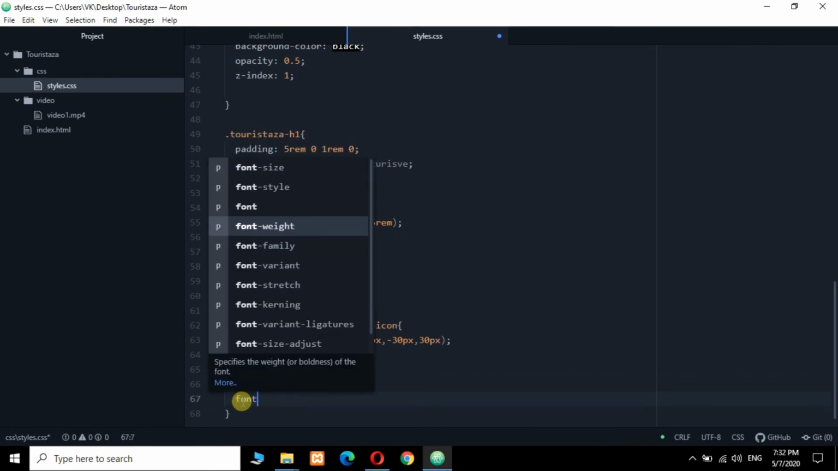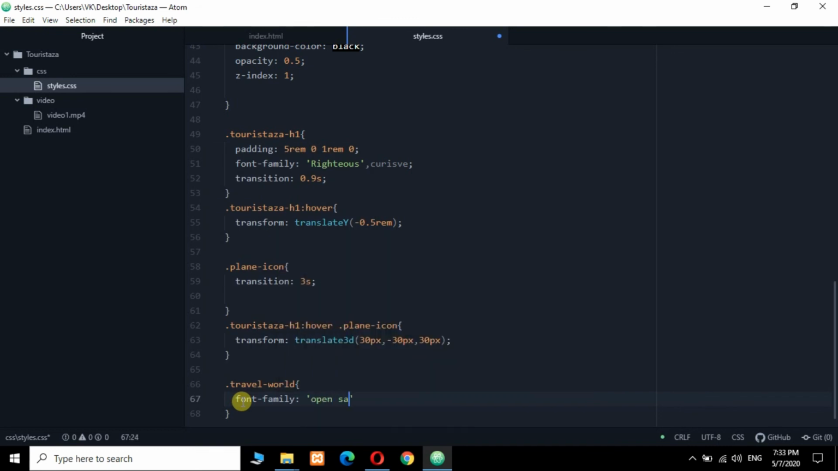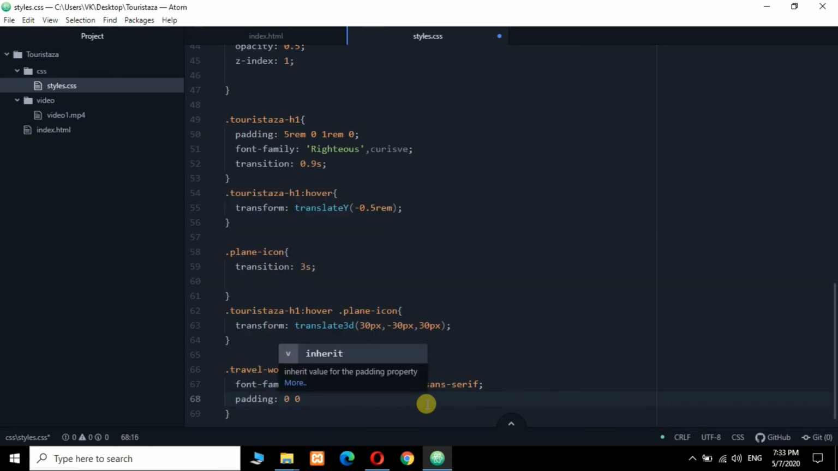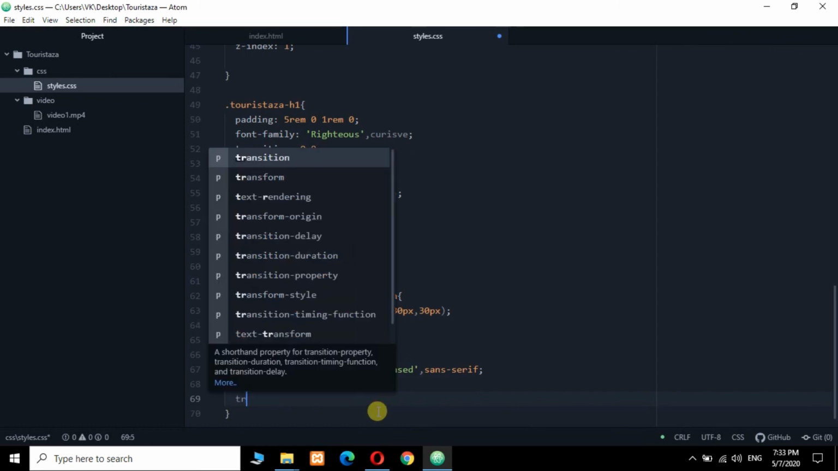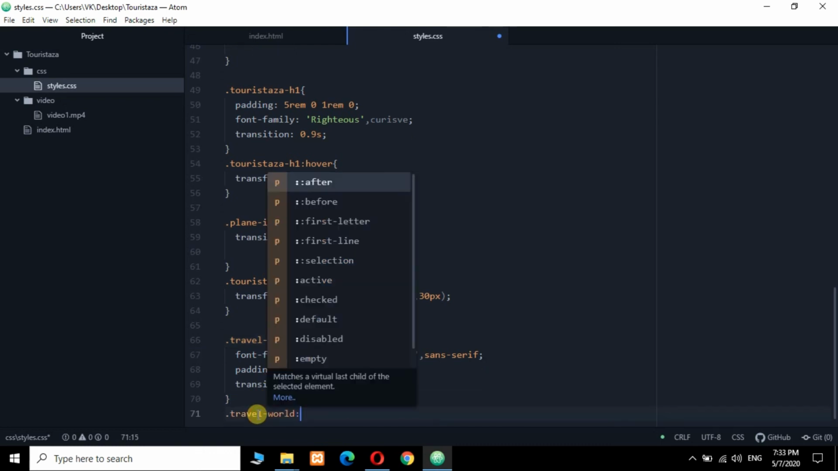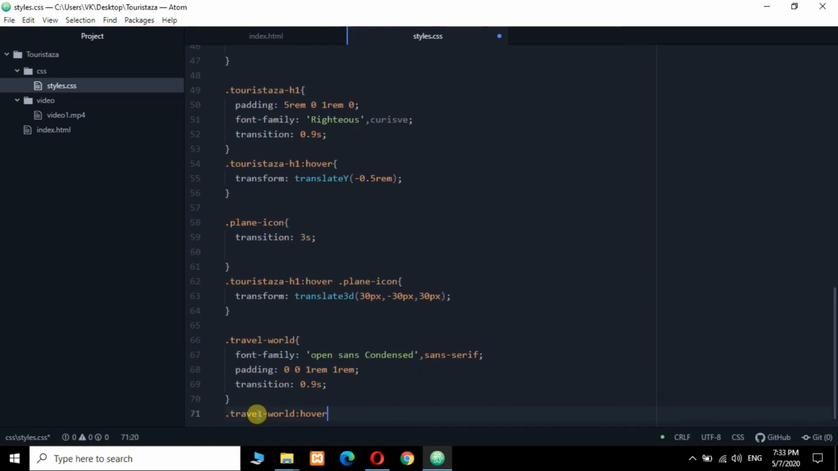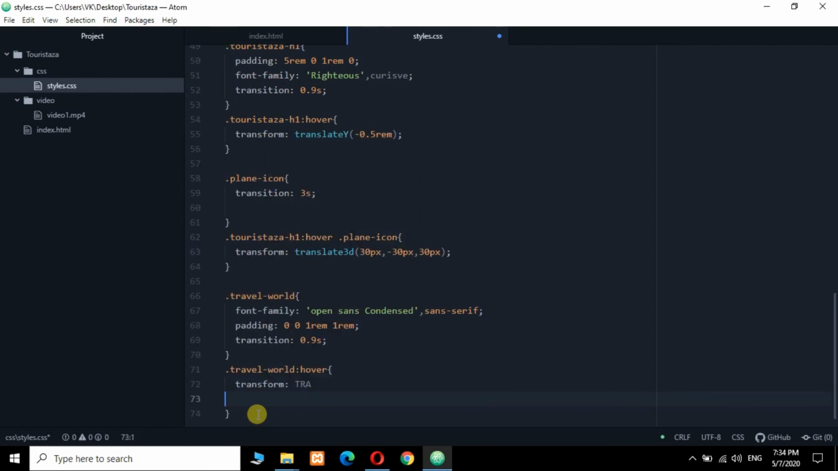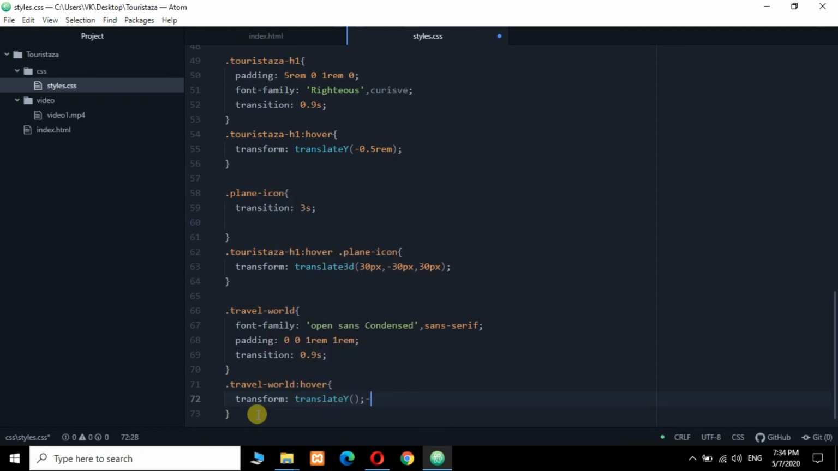So the font family should be Open Sans. We'll make the default sans-serif. I'll do padding 0 0 1 rem and 1 rem. Transition should be 0.9 seconds. I'll copy this and paste down here. Yes, write hover with curly braces, transform it, translate Y, yeah,